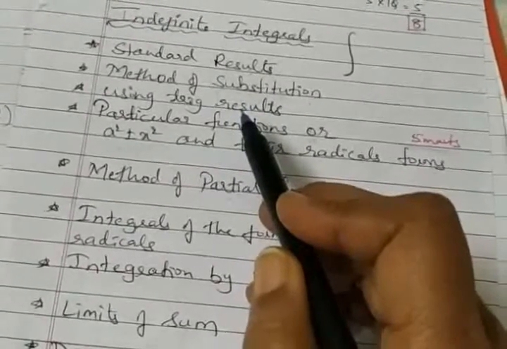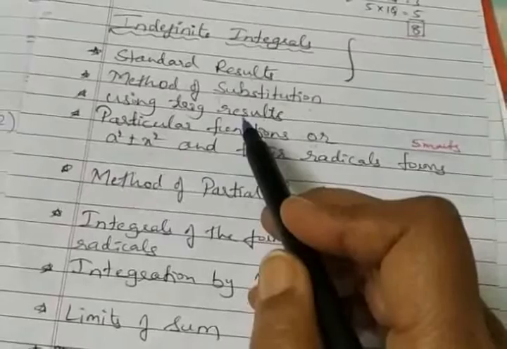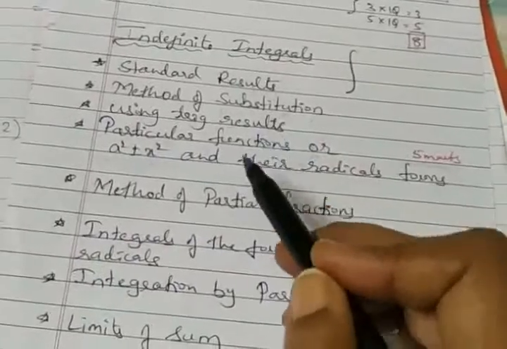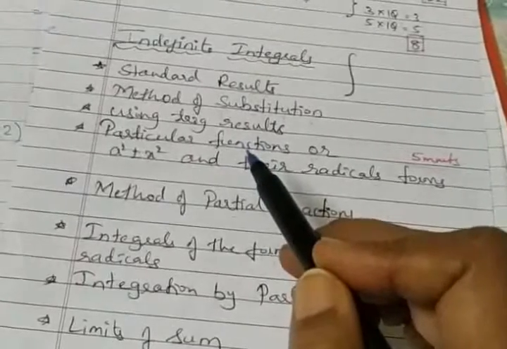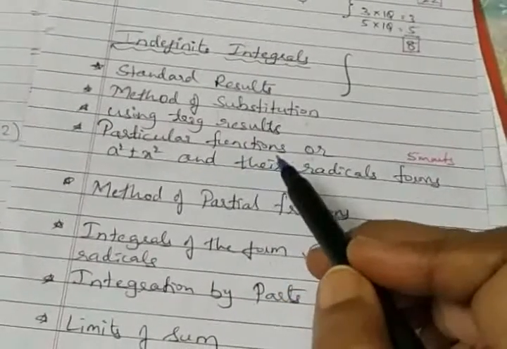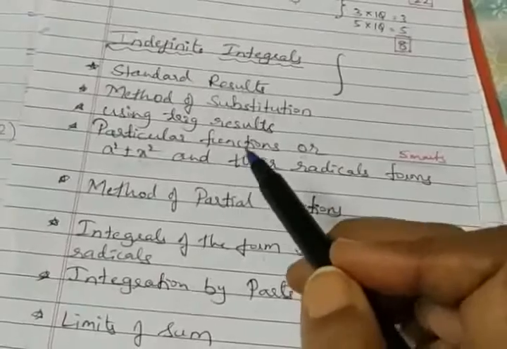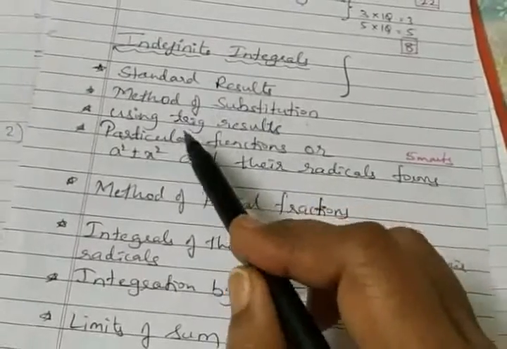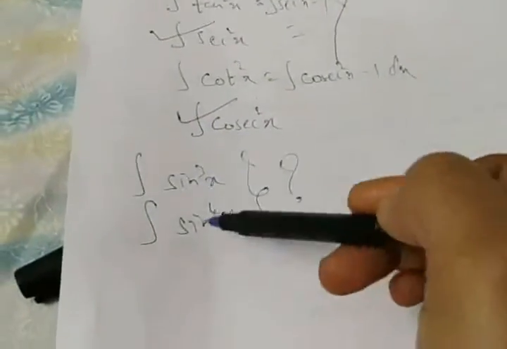I hope you remember the transformation formulas, isn't it? Where we converted product to sum and sum to product. This time product is not required, because in the case of integration, a product is not accepted. So definitely we go for transformation formulas such as sin A cos B is equal to what? Followed by cos A sin B, cos A cos B as well as sin A sin B. Such transformation formulas where product to sum is considered, as well as multiple and submultiple angle formulas, we will be using to integrate sine square, cos square, tan square, all these, including cube as well as raised to 4.